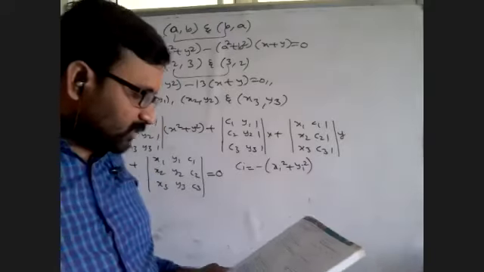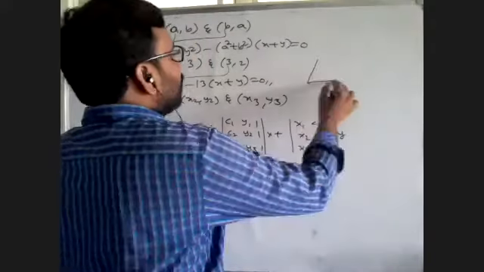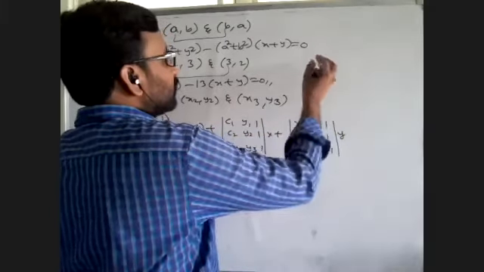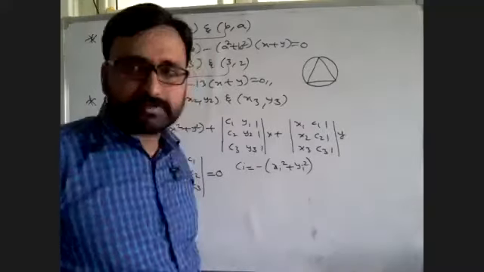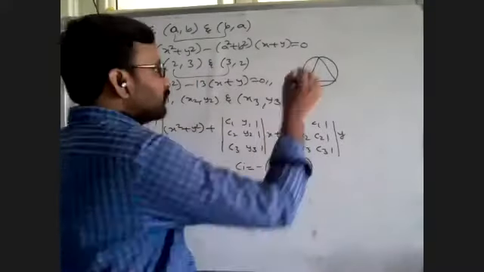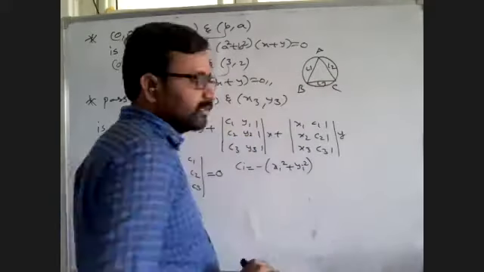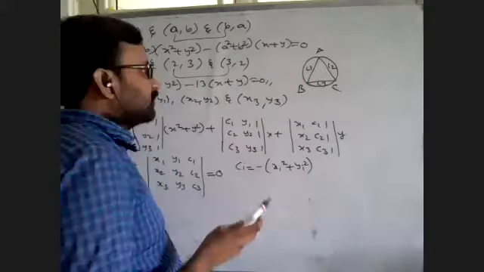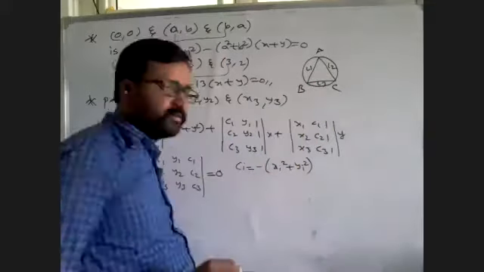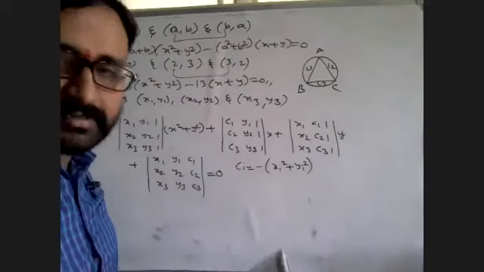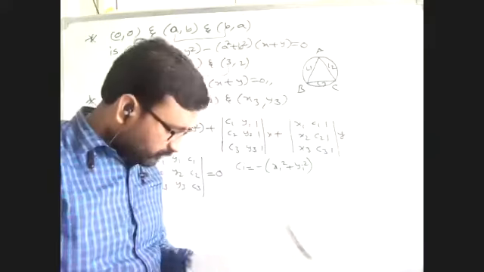Next, the equation of the circumcircle of the triangle formed by the lines. Suppose a triangle like this is given, not with the vertices, and it asks for the circle of this triangle. Circumcircle we have to say. One method: the vertices ABC are not given, only L1, L2, L3. Find L1, L2 as A, L2, L3 as C, L1, L3 as B. Find the vertices first by solving the lines or sides of the triangle, then apply this formula. The other one, there is a direct formula we have.